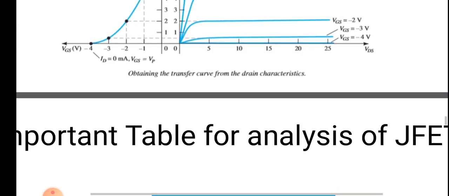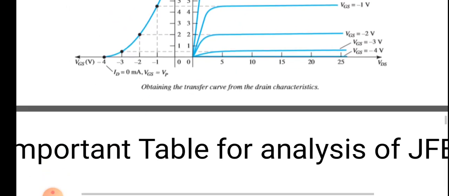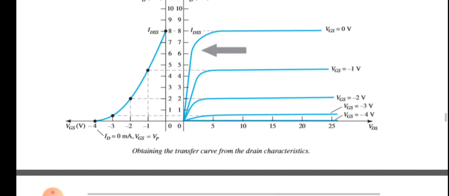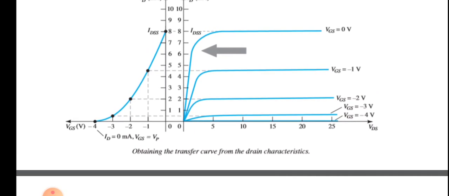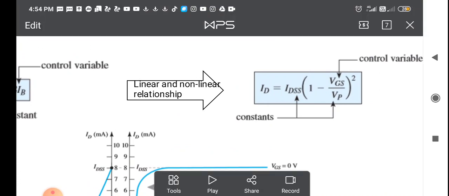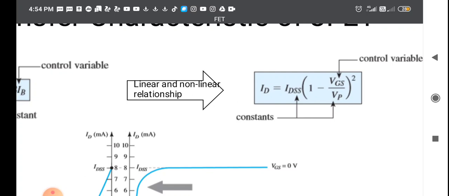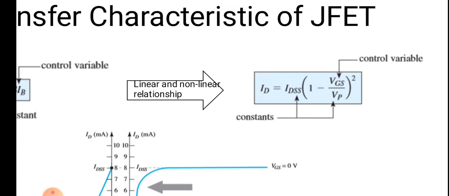Now this transfer graph is most of the time required while we work on the FET for designing an amplifier or for the sake of analysis. So it's a good practice to remember certain values of VGS. Let us have this equation once again. IDSS is given by the manufacturer, VP is given by the manufacturer. So if you memorize a few values of VGS, each VGS is going to give you a fixed value of ID for given IDSS and VP.